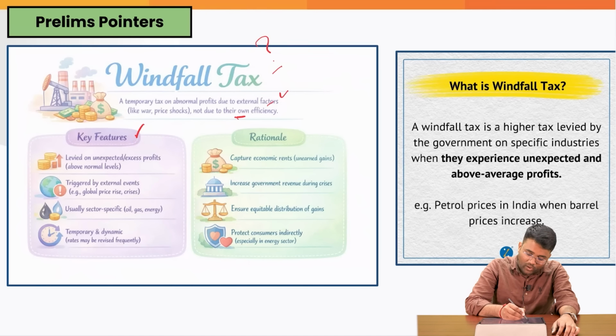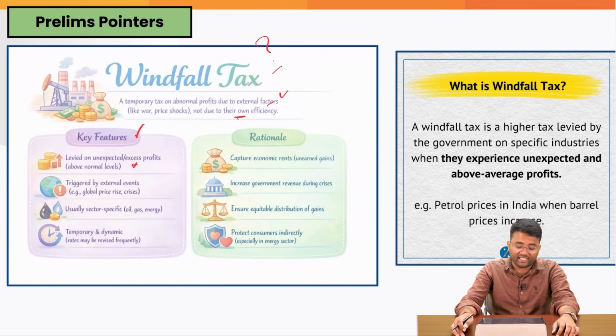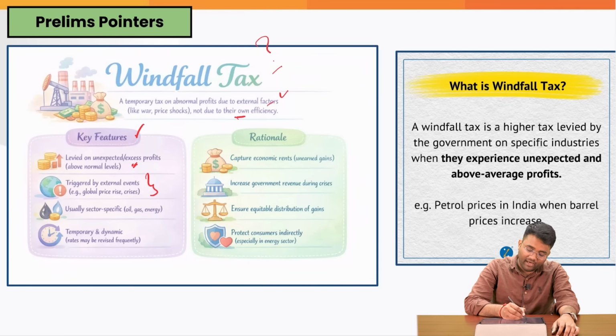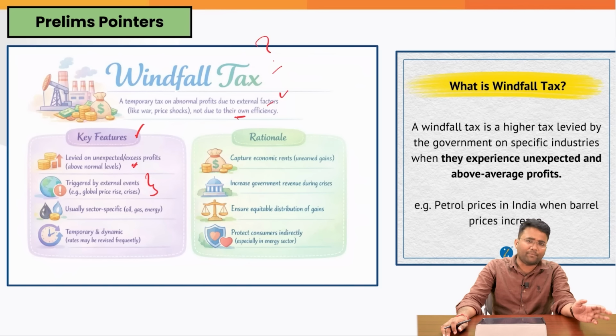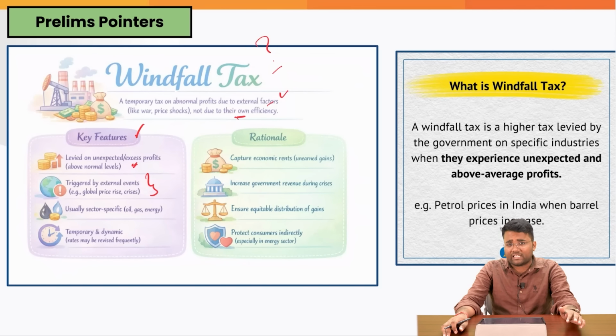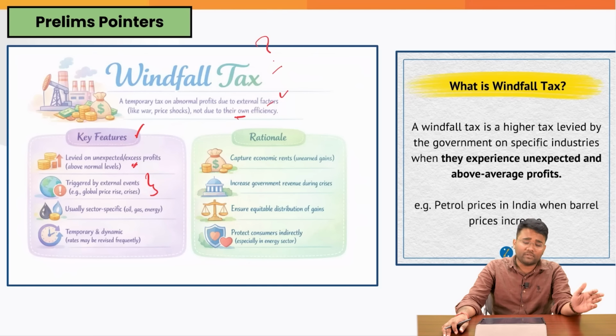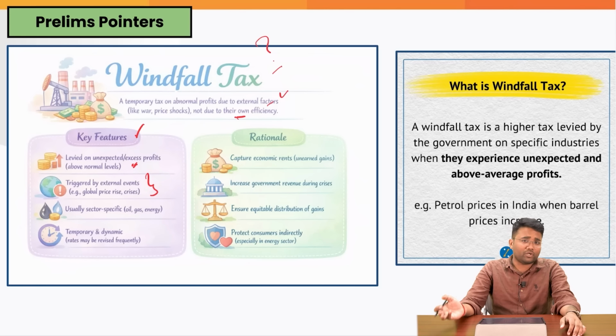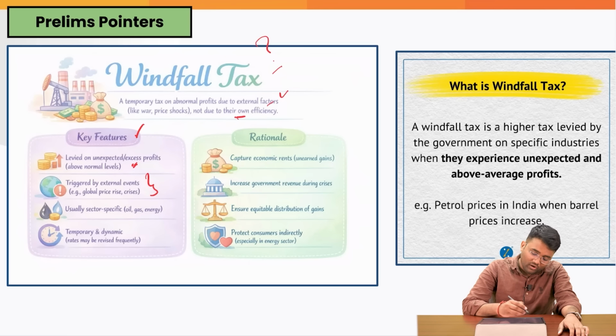This is levied on unexpected or excess profits that are above normal levels, and it is triggered by certain external events. For example, the recent supply chain disruptions we have seen, especially after the Israel, US and Iran war started. This led to a very high increase in crude oil prices. Oil marketing companies which already had a high storage of crude oil will see diesel and petrol prices increase, and because of the earlier storage they have done, there can be a significant increase in the profits that they will be making. So this particular